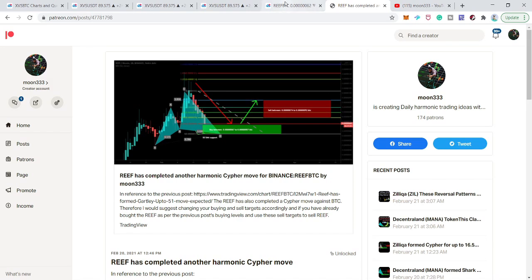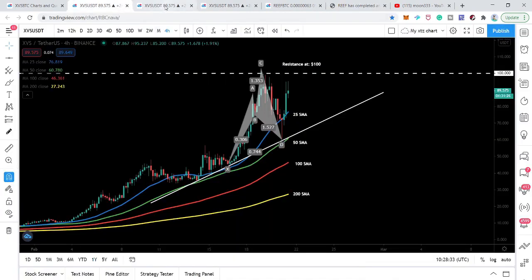You can also find a lot of other harmonic trading ideas there on a daily basis. And you can catch the Reef move at this time. It has entered this potential reversal zone. Now, you can see that the price line is moving up by using these supports of the 50 simple moving averages, this uptrend line support, and the potential reversal zone of this bullish Cipher as well. And it is moving up towards this $100